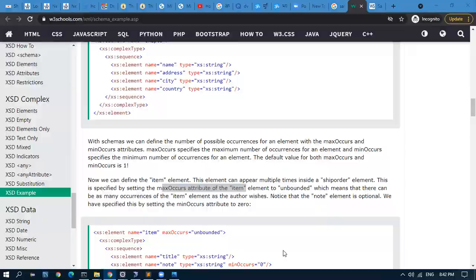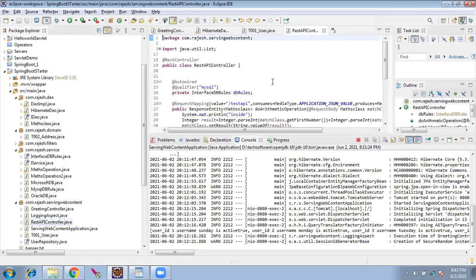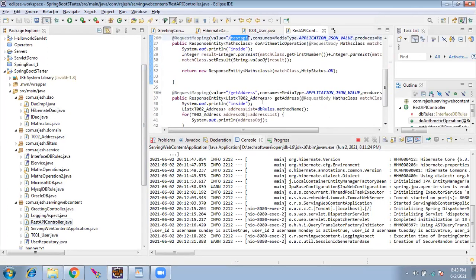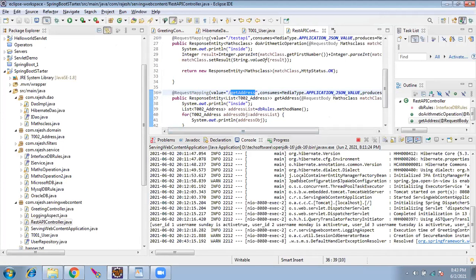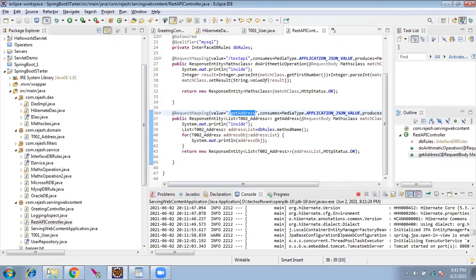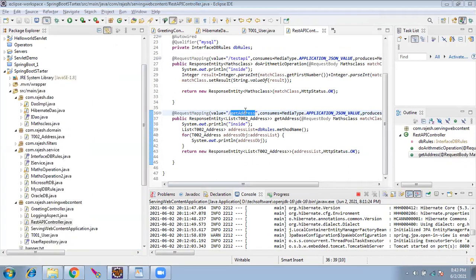In this case, I think we have one exposed, right? We have written an API. Yeah, I remember the temperature. Now we have written an API, right? This one. We wrote a REST controller. See here, REST API controller. Here we wrote a test API. Get address. Let's take this get address. So get address is a method. Okay, it has to be accessed by the UI. What is the UI? ARC. Okay. So I have the address data.